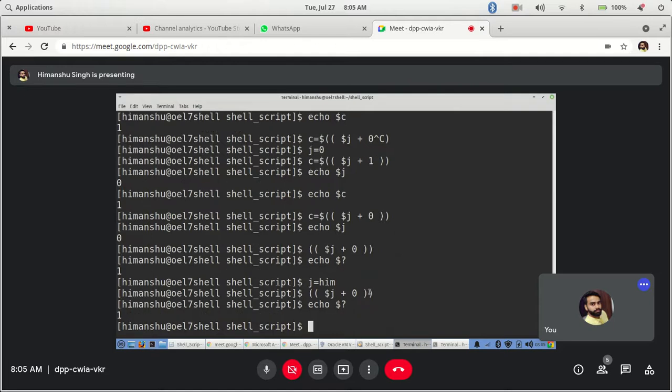This way you will not be able to find it. Many people try that, can we do it like that if it's true or false? This will not work here, because it will calculate, take it as 0 only with no variable value, and it will still return 0, which is true. So that's why it is giving 1 every time.